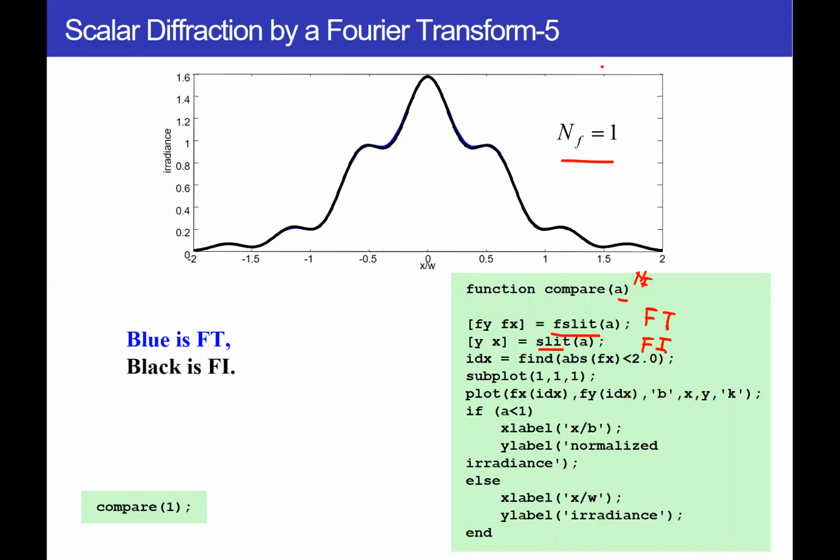But if you prefer to use the Fresnel cosine or sine, then just go for it. Okay. And then this is the MATLAB code called compare, where NF is the Fresnel number. Okay, and then you get this one. And how far can you go if we vary the Fresnel number? How well do those two methods